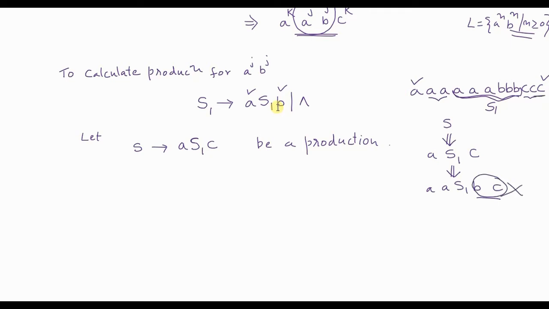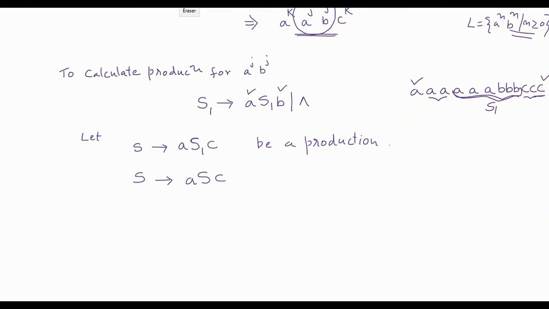No. So the productions that we have considered so far are incomplete. There has to be something else which is required. There has to be one more term or one more production that is required. So again I write another production, S gives A, S, C. Now let's check whether this production will work.